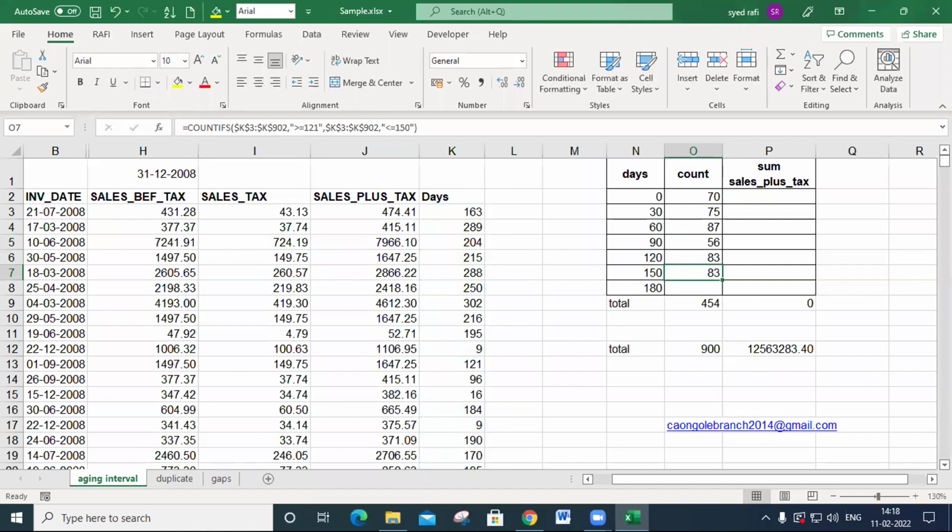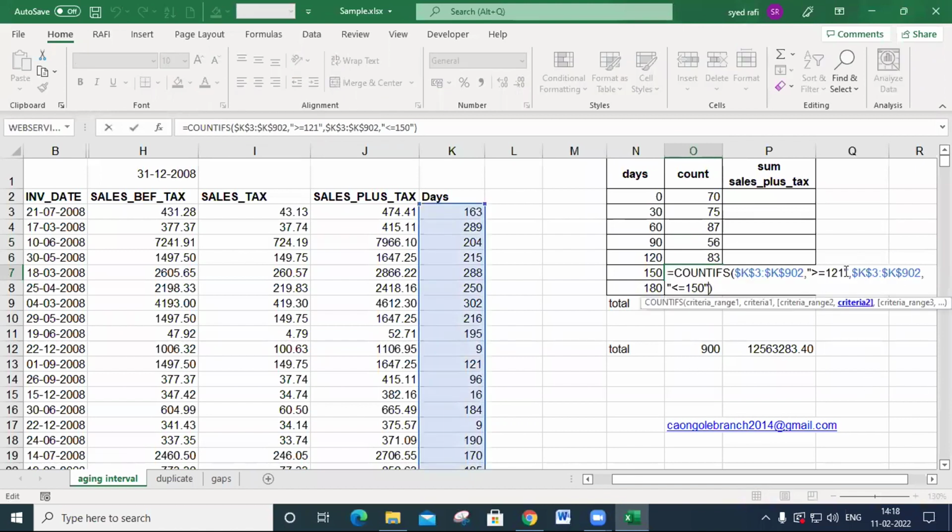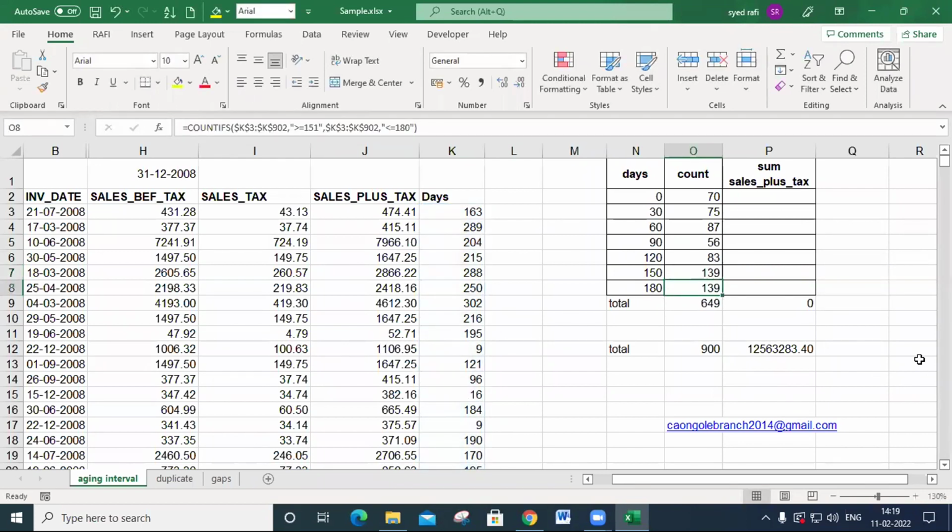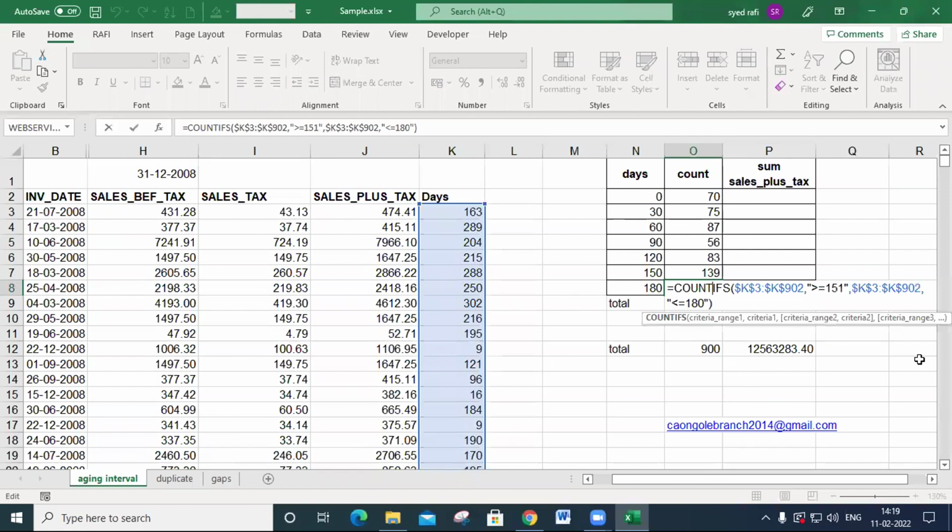Again, you press Ctrl D. Here you may type 151 and bottom 180. And here you must define the above, greater than or equal to 181. So here we type 181 and remove the remaining.